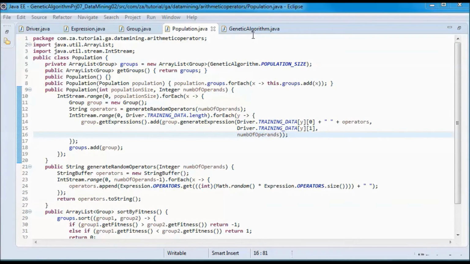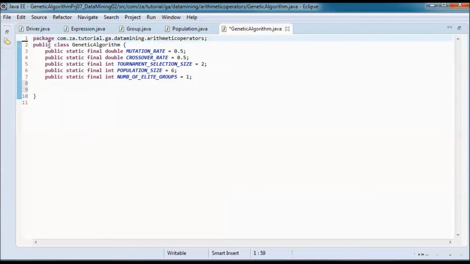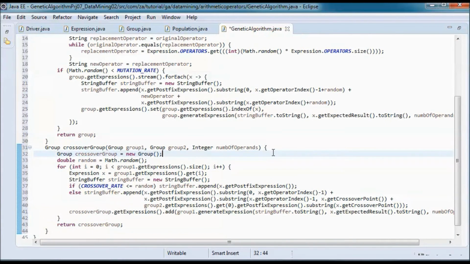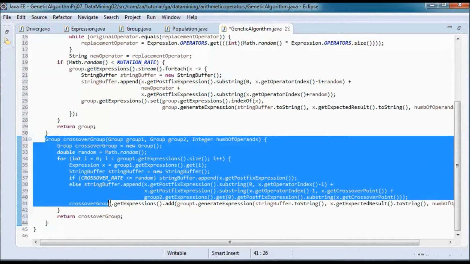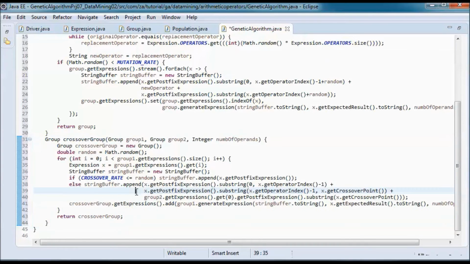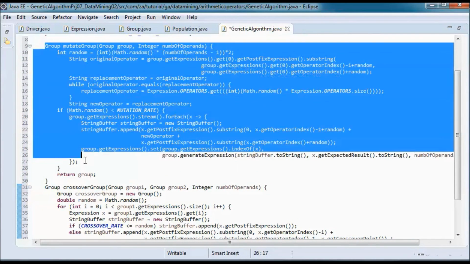Next, let's go to the genetic algorithm class, and since this would be very similar to the previous tutorial, I'm gonna go very fast on this class. So we'll have a crossover group method and a mutate group method.